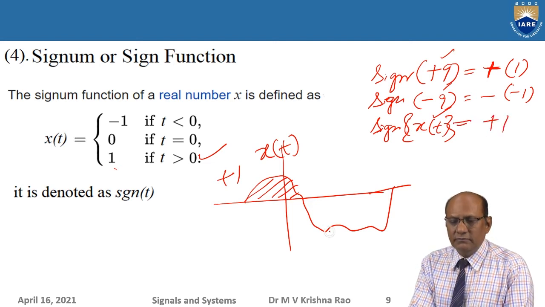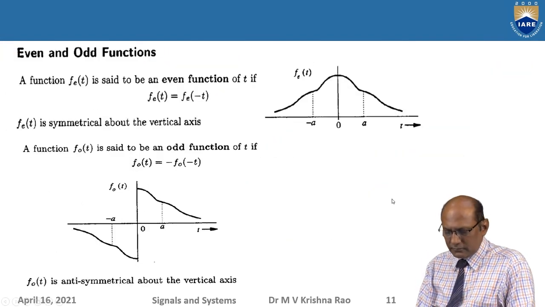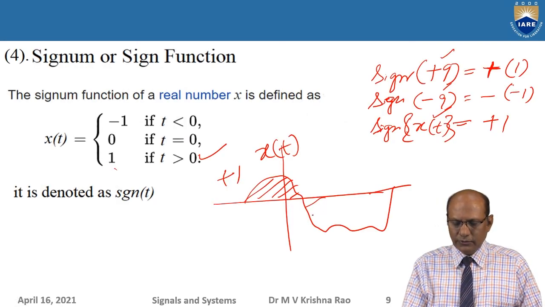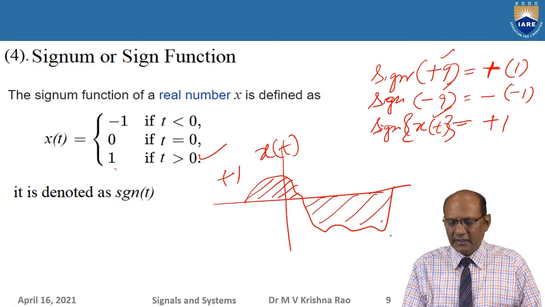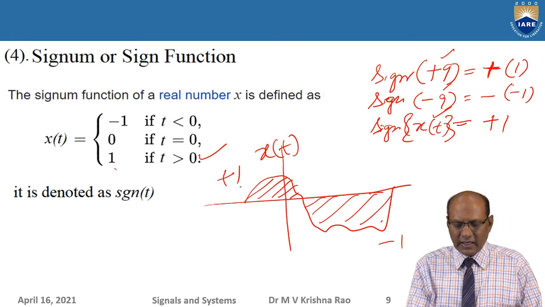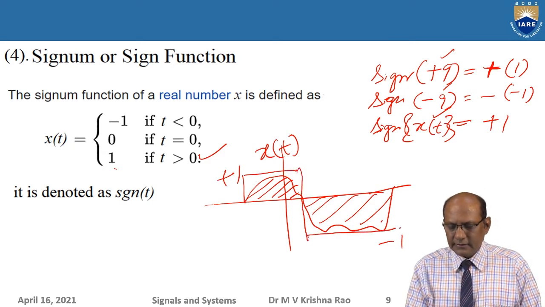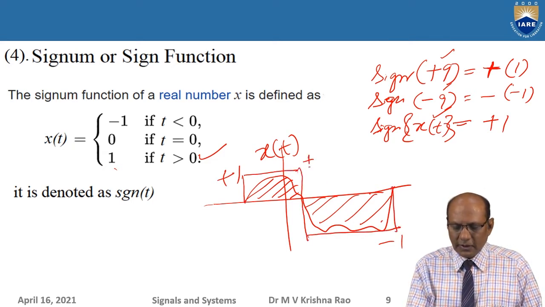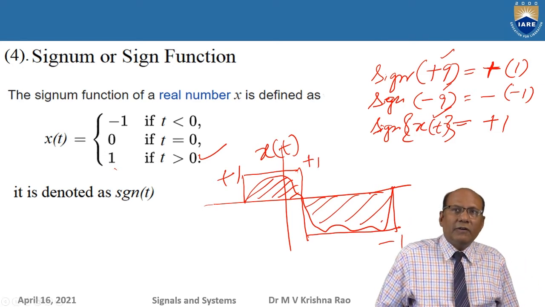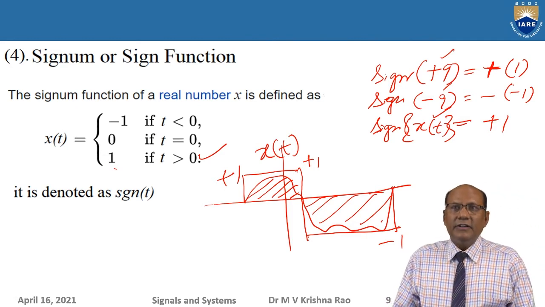And what about this one? This is negative, and for this I will get minus 1. So basically what I am doing is extracting the sign of this function like this. Okay, so this is plus 1, this is minus 1. I can say that for a given function, the signum function generates an equivalent